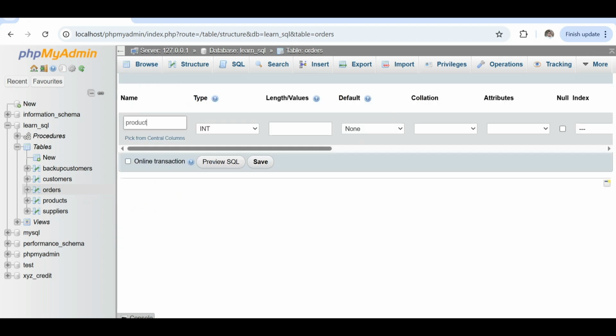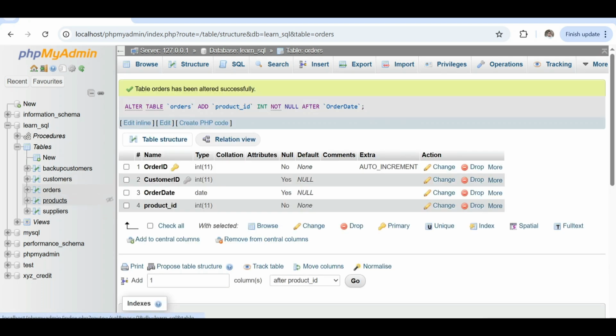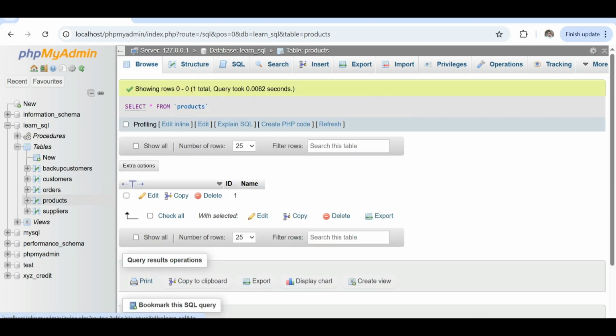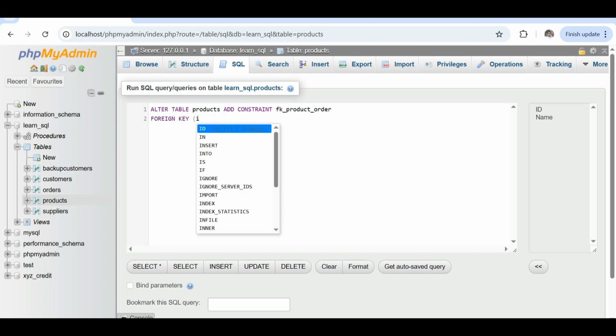Back again to products, alter table products, add constraint F key, foreign key, product and order, foreign key ID references.